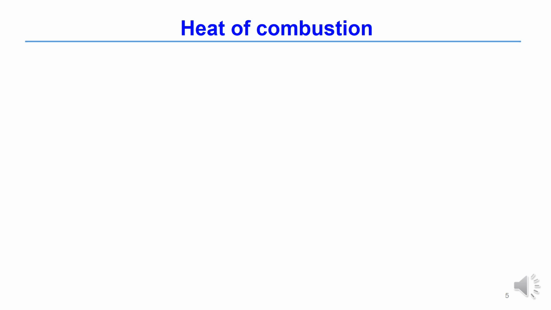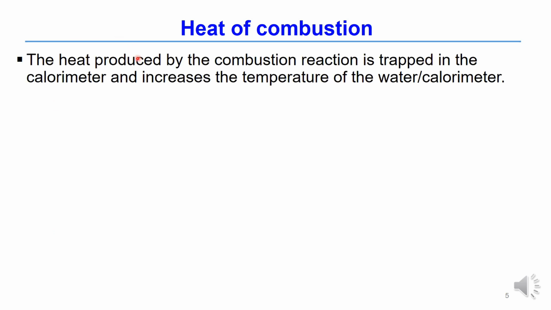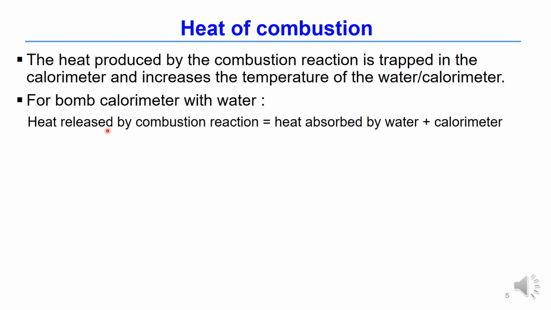Let's look at how to calculate the heat of combustion. The heat produced by the combustion reaction is trapped in the calorimeter and it causes the temperature of the water and calorimeter to increase. So for a calorimeter with water, the heat released by combustion is equal to the heat absorbed by